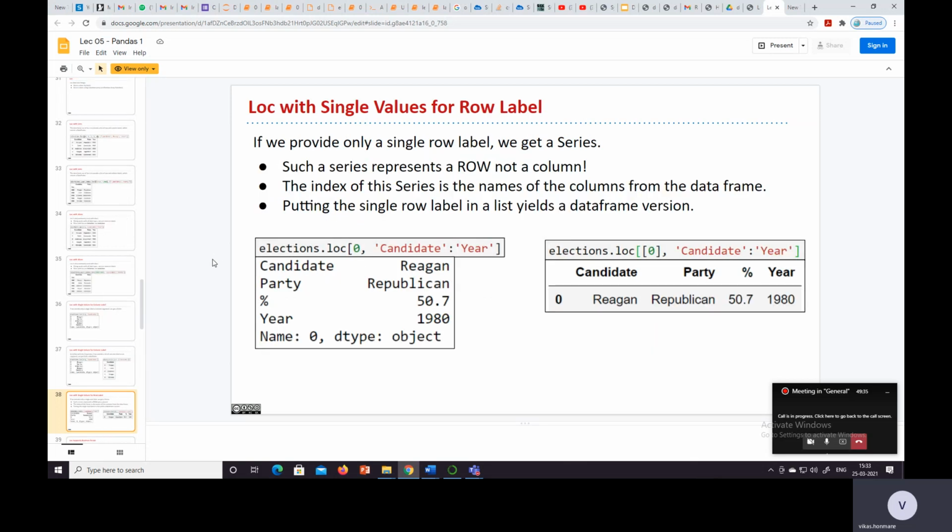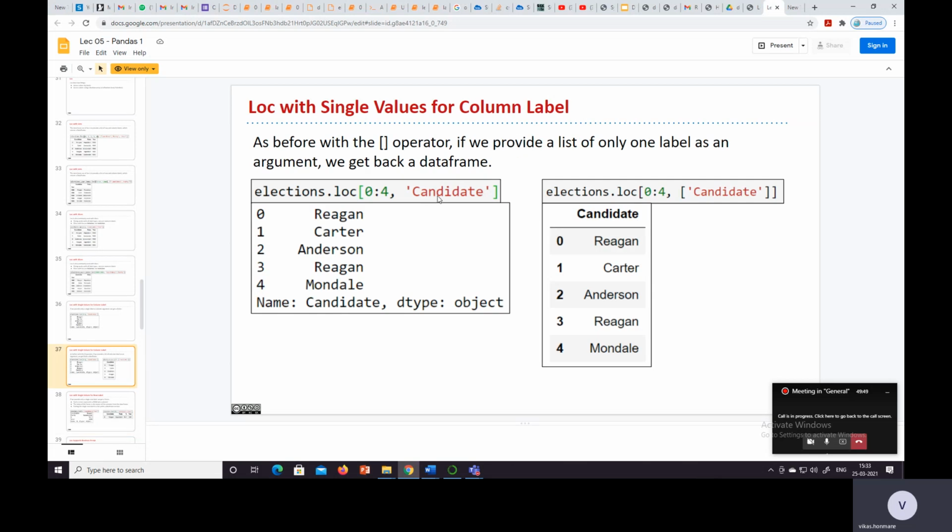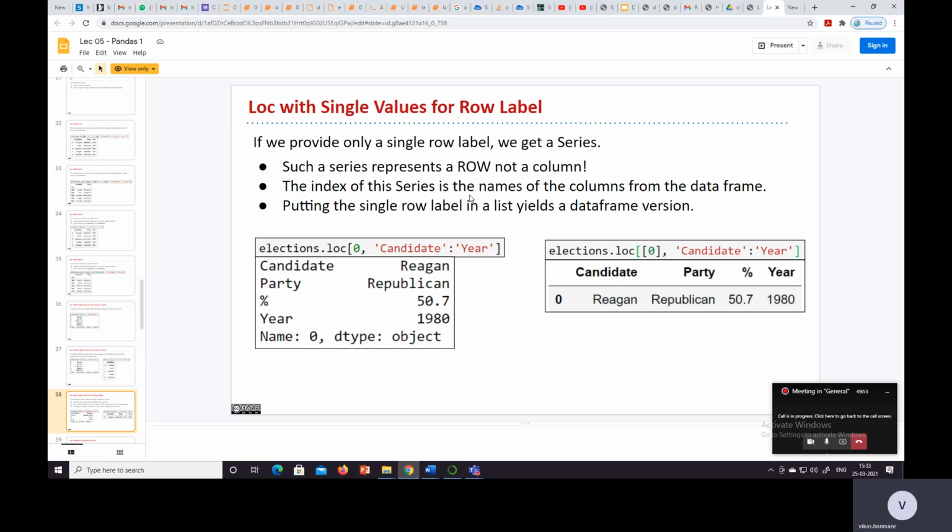Then, loc with a single value for row label. In the previous example we used a single value for the column label, and now if we consider a single value for the row label, what will happen?